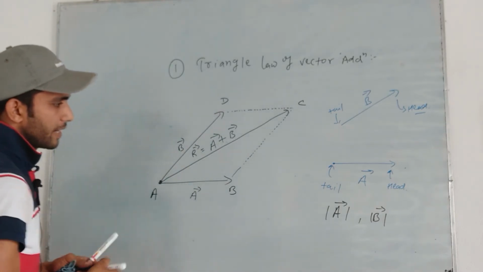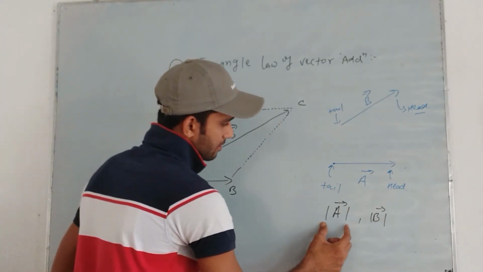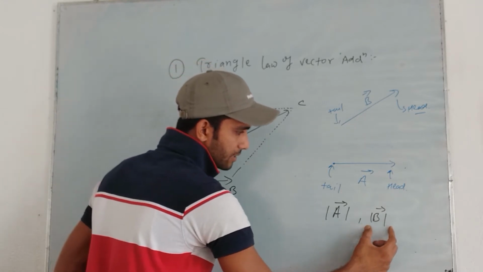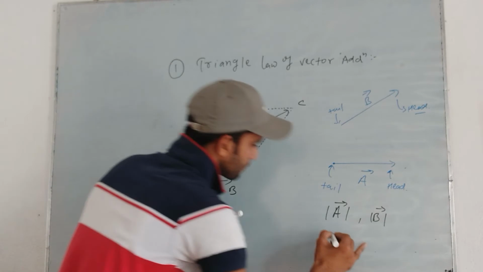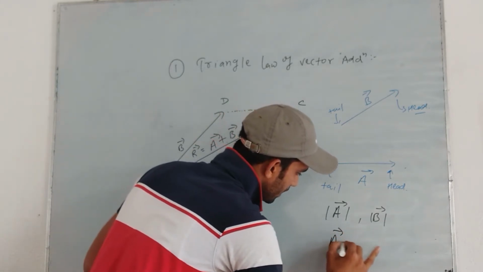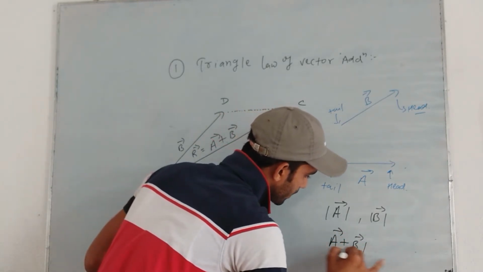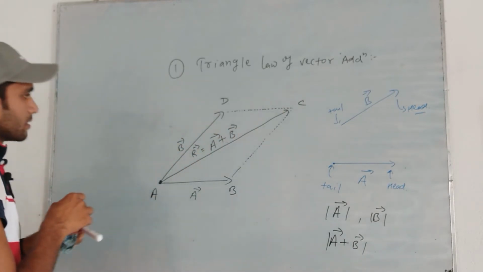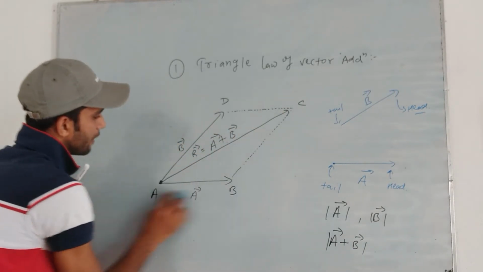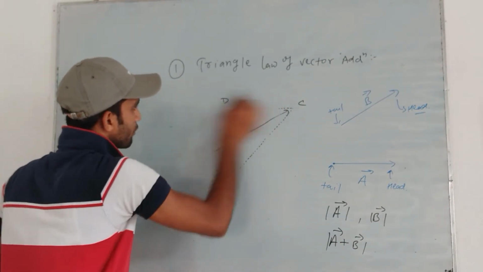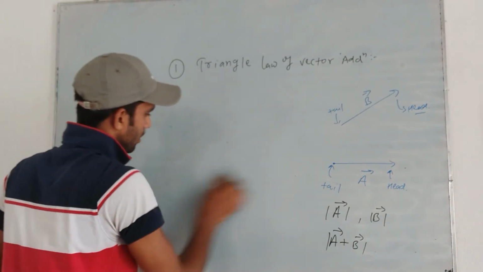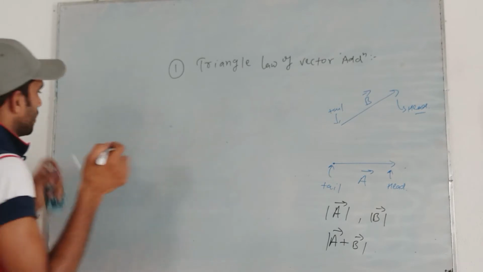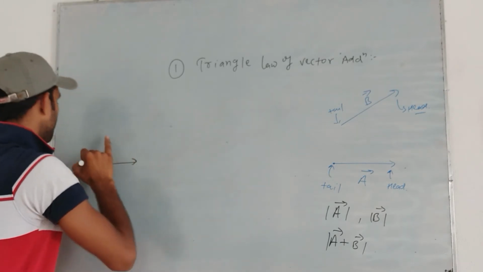So as we know, magnitude of a is written as modulus of a and magnitude of b is written as modulus of b, right? So similarly, magnitude of a plus b is written as modulus of a plus b. That's simple, right? So to find magnitude of a plus b, we can use parallelogram law of vector addition. So this is your parallelogram,